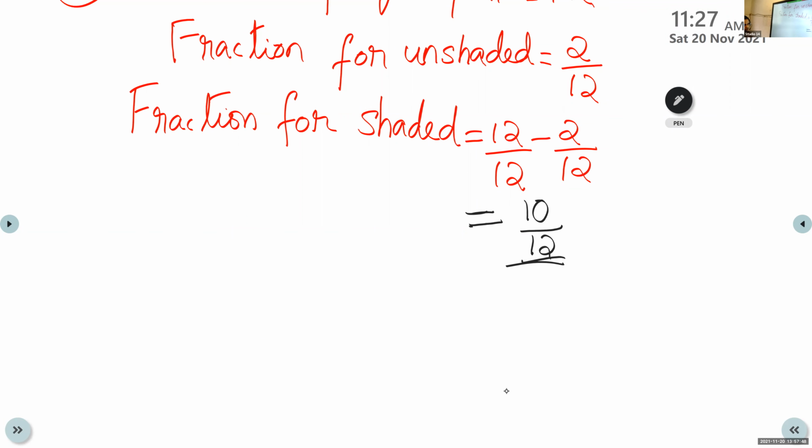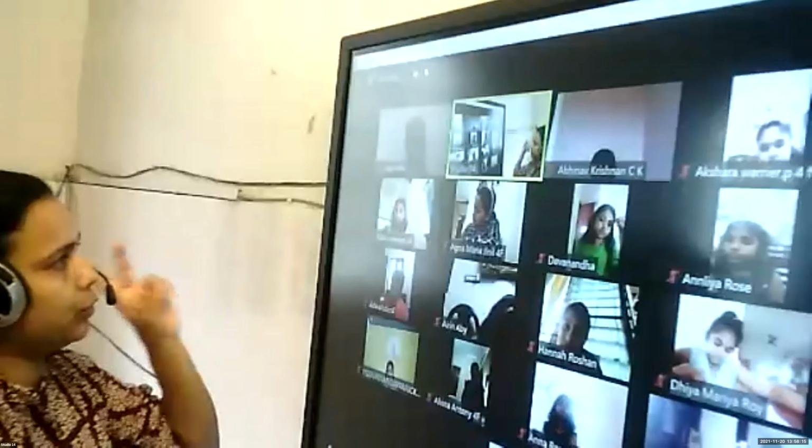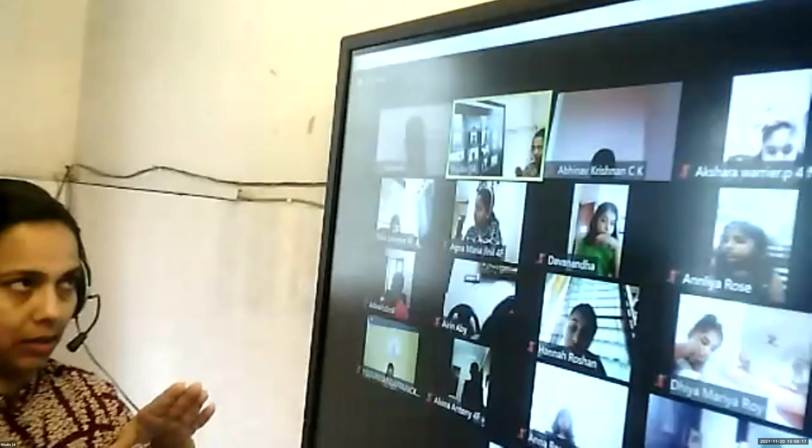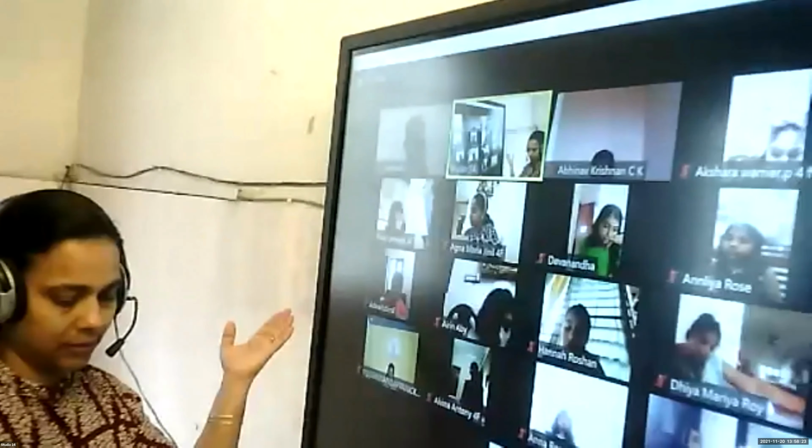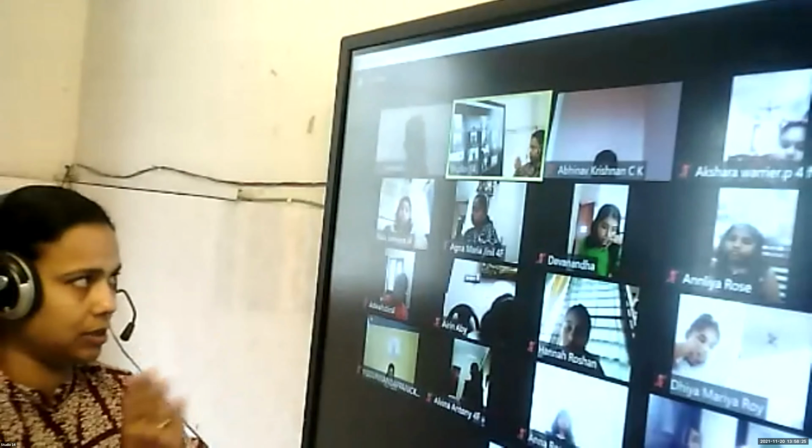Ameya, can you read question number 15? In the given figure, find the fraction represented by shaded parts using addition. Then find the fraction represented by the unshaded parts using subtraction. Okay. So before writing question number 15, children, you have to write two parts there, A and B. You have to adjust the space: A on the left side, B on the right side. Adjust the space before writing.